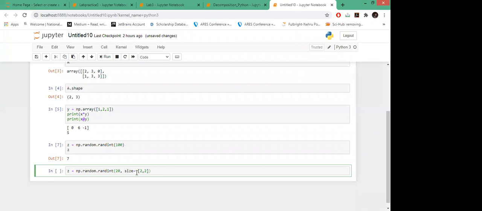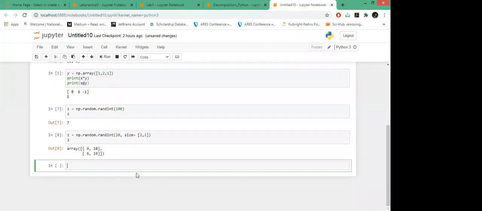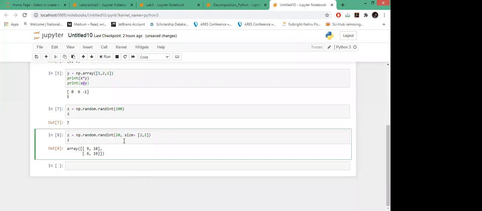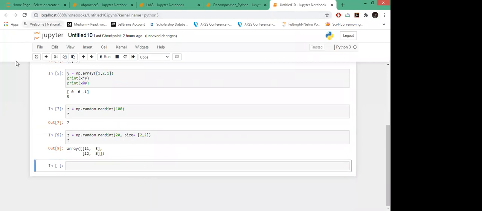So this is a 2 cross 2 array having entries between 0 and 20. Every time you run this, if I run it again, I will get different entries, because it is picking randomly.